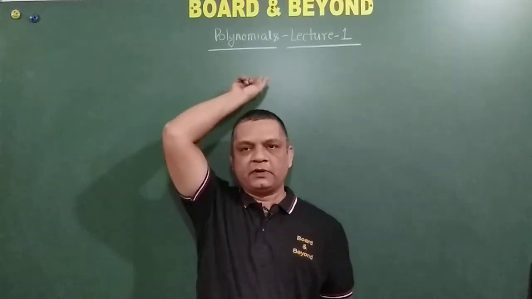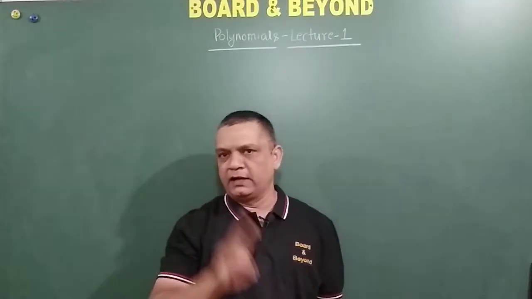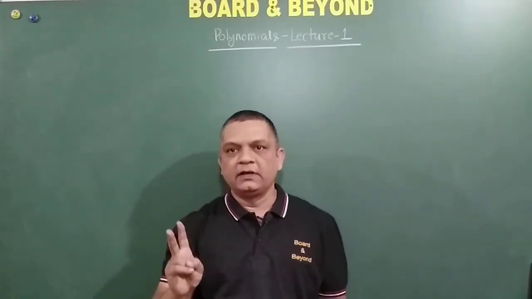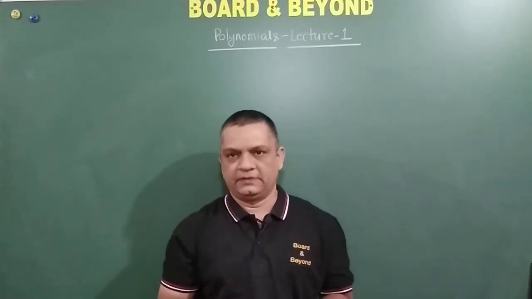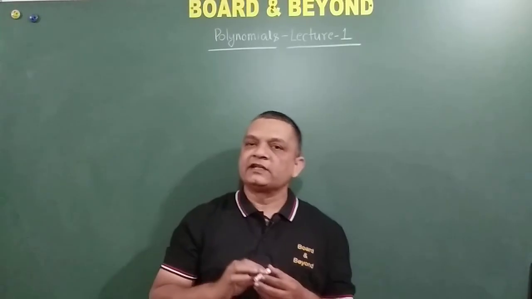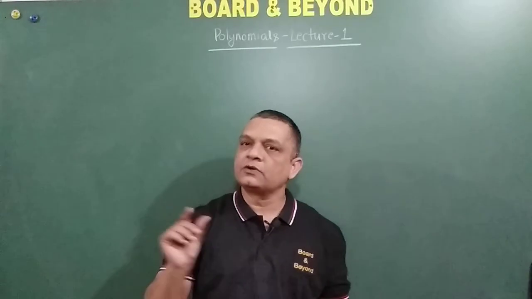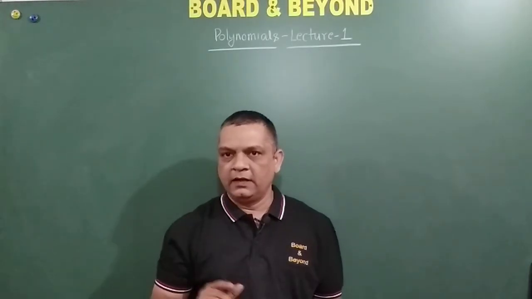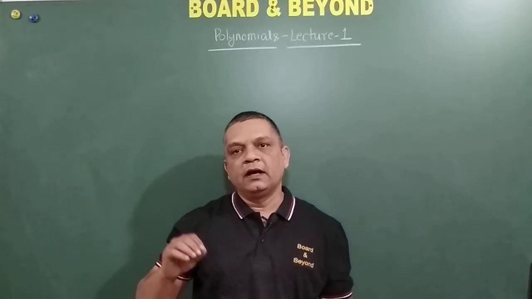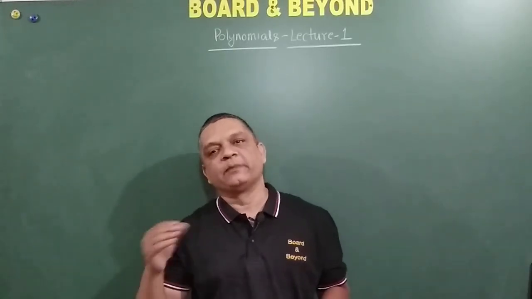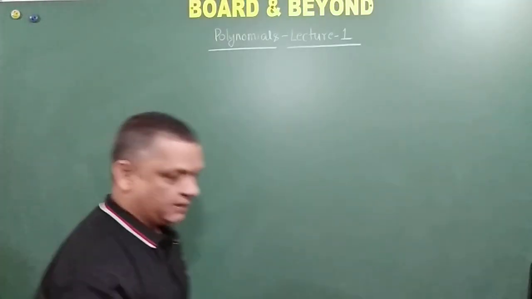If you see this word polynomial here on the top, this is made with two words, poly and nomials. It's a Greek word. Poly means many, nomial means terms. So any expression in x which has got one or more than one term is called a polynomial. This is from the layman's perspective, but let's try to understand how we define a polynomial in mathematics. So what is the mathematical representation of a polynomial, friends?